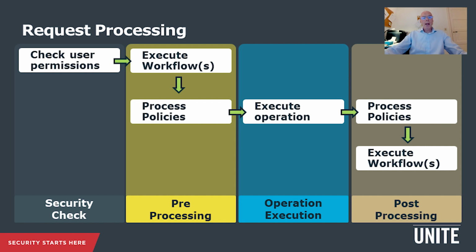Having a better understanding of how this works will help you when you're implementing and maintaining Active Roles. For instance, you can't rely on value setting policies in the pre-stage during a workflow because the workflows execute before the policies. When creating or modifying objects, it's best practice to minimize the number of changes to the object. For example, when creating a user, it's best to set as many attributes as possible at the time of create, rather than doing a create request followed by multiple sets.